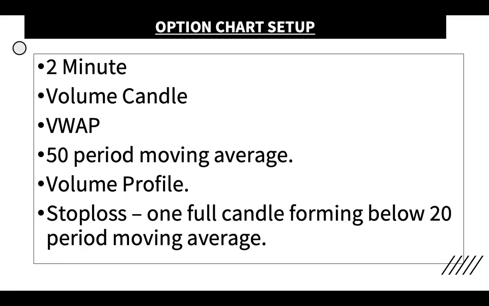The stop loss: once you start as an option buyer, the problem faced by option buyers is, for example, they buy at 50 rupees, it goes to 80, 100, 200, whatever. Where is the stop loss? When do I have to exactly come out? That's the question. So the answer is the 20 period moving average. One candle formation with a decent volume, or even one full candle formation below the 20 period moving average, is a very clear indication of your stop loss. Exit there immediately and don't look again. That's it. Look for another new signal. Don't go into the trade again and get stuck. If one full candle forms and the next candle also goes below that, it can be an indication that the trade is over.